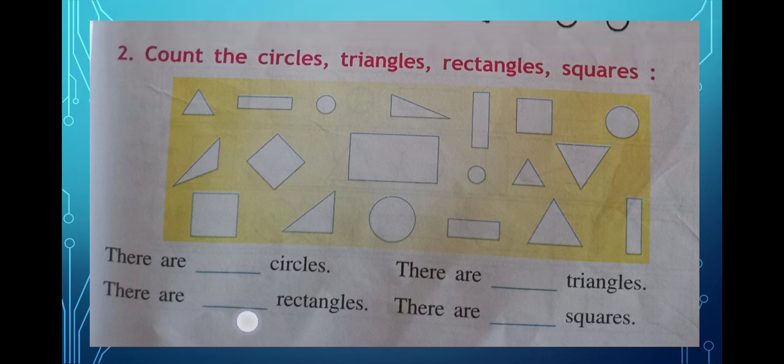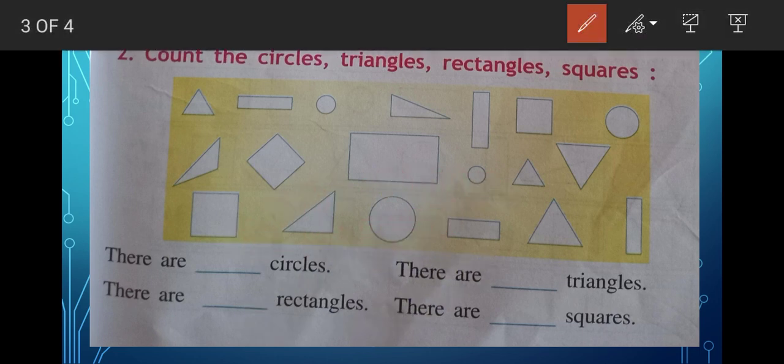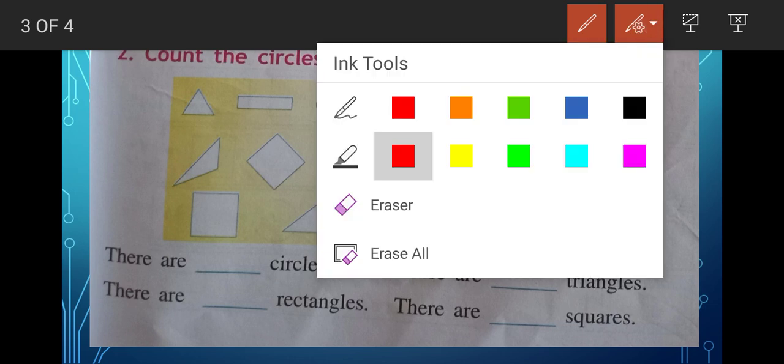At first we will count the circles. We have to first write about the circle. So let us count. This is the first circle, no? 1. Then in this line there is no other circle, there is one more circle, 2. Then here no circle, this is the third one, 3 circles. Then 4. Any more circles? No, I have got only 4 circles. Once more let us count. 1, 2, 3 and 4. We got 4 circles, right? So let us write here 4.